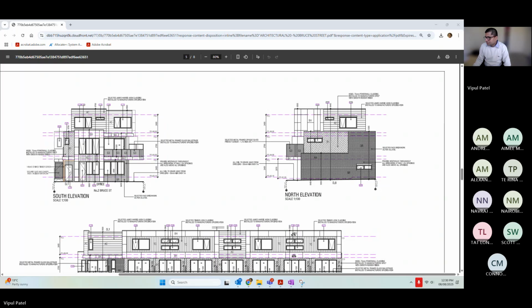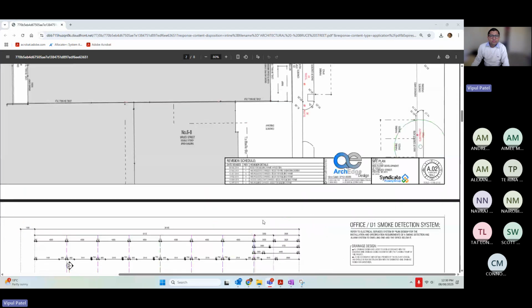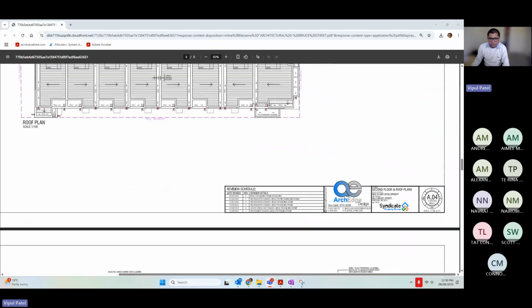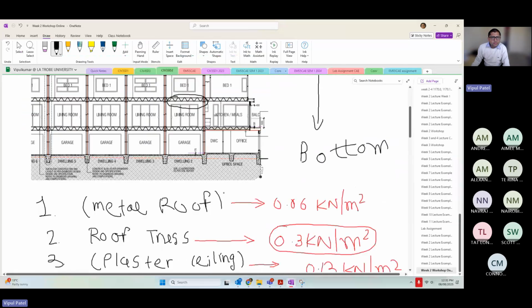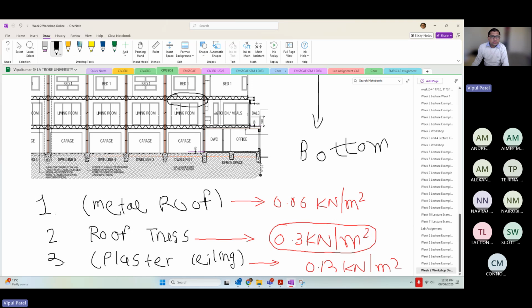Let me complete the story. So now we're going to calculate the first floor. The first floor would be here. The first floor is exactly the same, so you can see there is not much difference. There is a floorboard, there are trusses, there is a ceiling board. So it is exactly the same as your